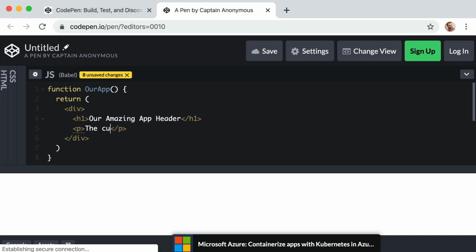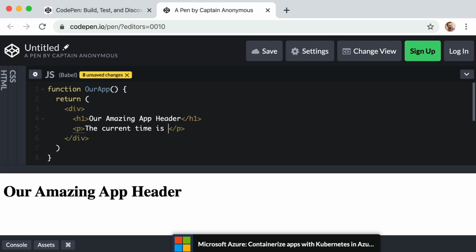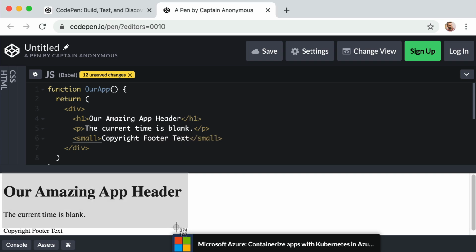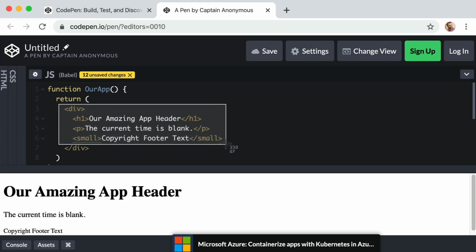Inside it, say the current time is, and for now we can just say blank. And then below that, we can create a small element. And inside it, say copyright footer text. Cool, so that creates the exact same result, only this code is about 5,000 times more intuitive than the react.createElement